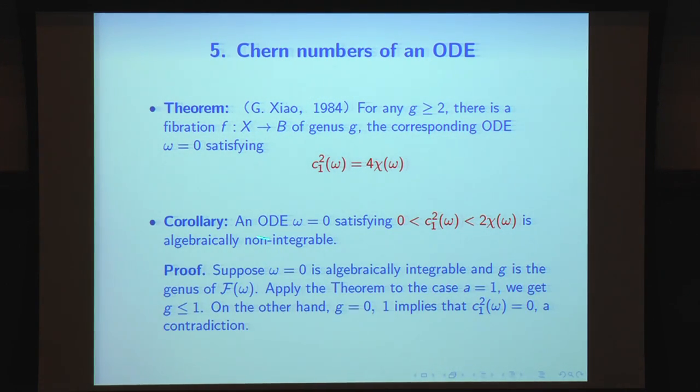Why? Because we suppose this omega is algebraically integrable, and this corresponds to a fibration. Because these are birational invariants, you can assume the equation is reduced, the singularity is reduced. So this corresponds to a fibration of genus G. So applying the theorem I mentioned to the case A, so this A here is 2, so it satisfies our